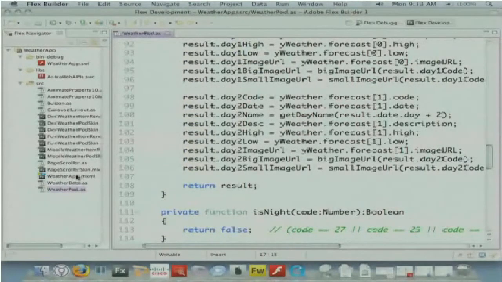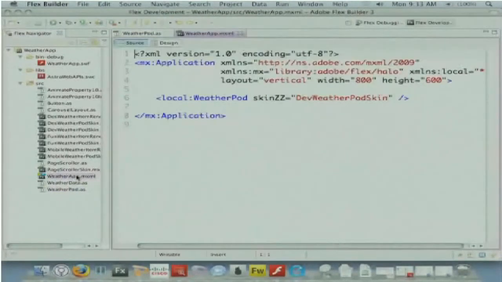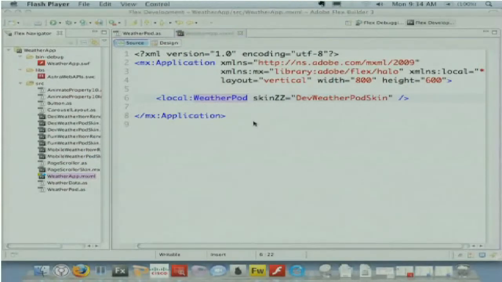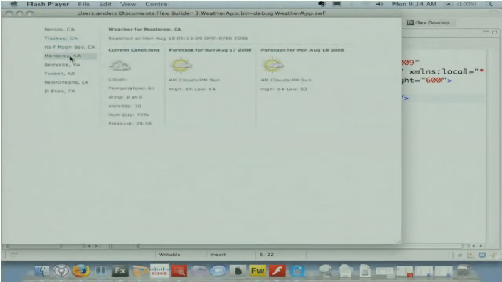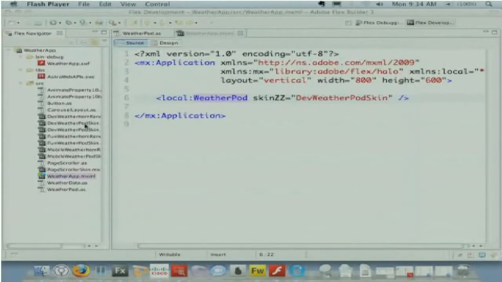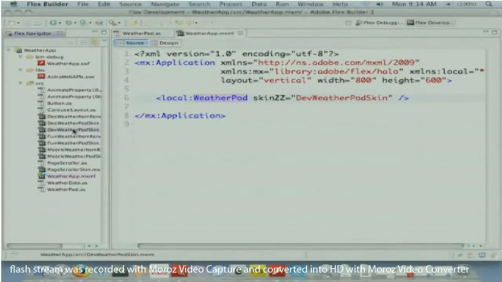Now to use it, that's called weatherpod.as. We just say, put a weatherpod there. And we also say attach a skin, because it didn't provide a default skin. And so just with that, what I can do is run that, and I get, this is what Deepa had up there, and I'll show you what the skin looks like. So this is the programmer art version of this component. If I go and look at the skin,